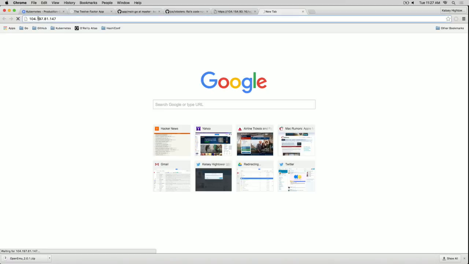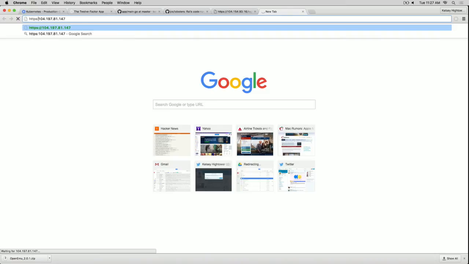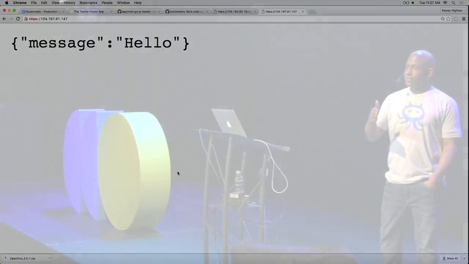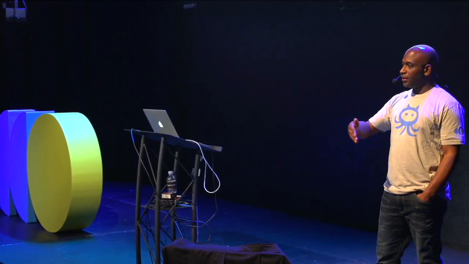Oh, HTTPS, the guy in the audience is like, he doesn't get it. I do. All right? So when you see this, this is fine. This is harmless. Just go ahead and proceed. So we're working now. And a nice thing, I didn't have to change my workflow between testing and production.